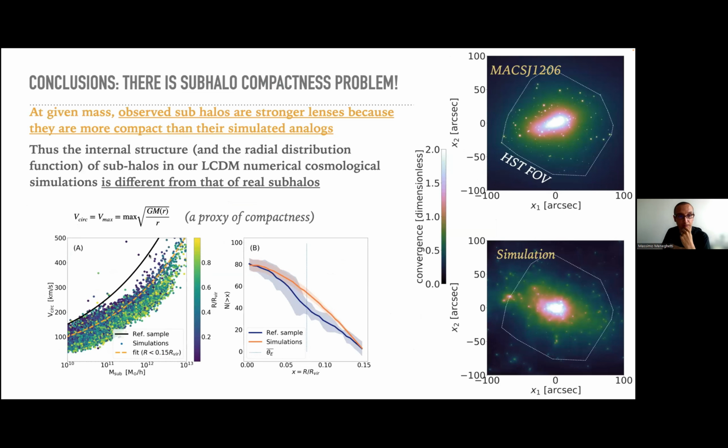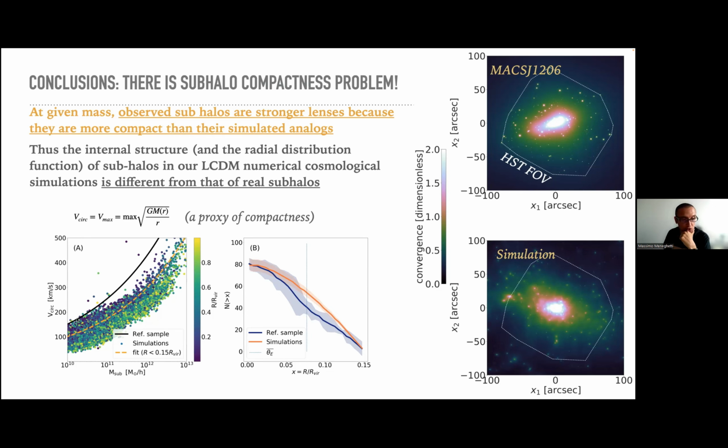Okay. So how do we interpret these results? Basically, these results tell us that the internal structure of the subhalos in observed clusters is very different from the internal structure of similar subhalos in the simulations. You can see that also by eye, that essentially these subhalos in the mass reconstructions that we obtain from strong lensing and galaxy kinematics are more compact than what you typically see in similar simulated clusters. Okay, and we can quantify this difference also in terms of a proxy of the compactness, which is the maximum circular velocity of, for example, the stars or the matter particles in these